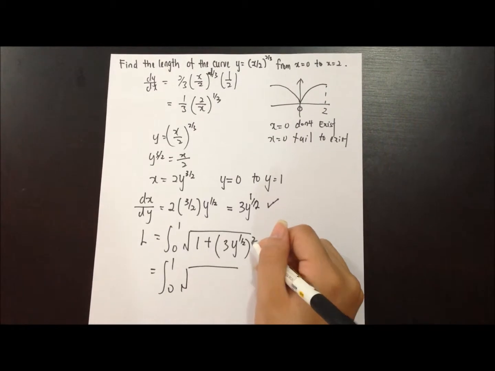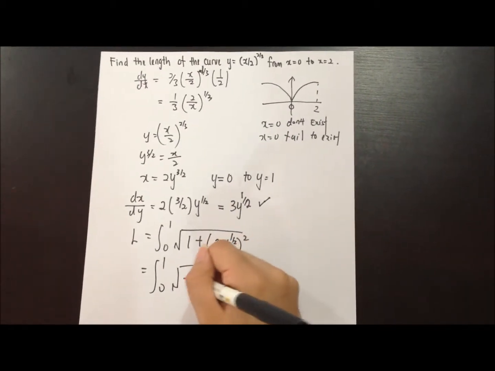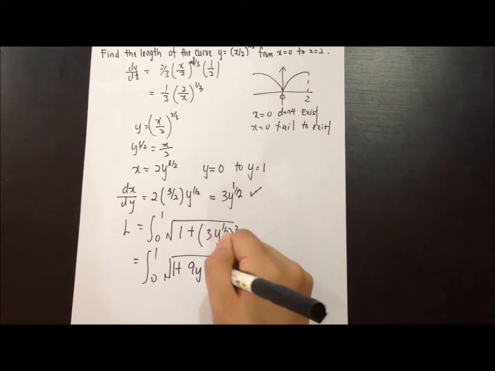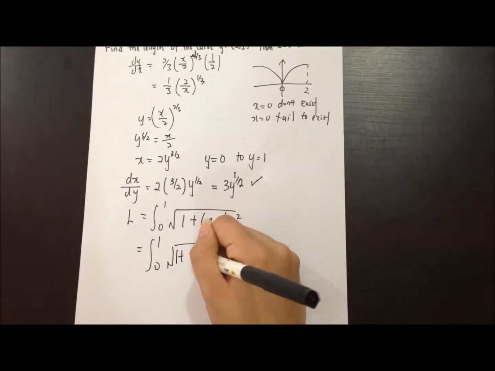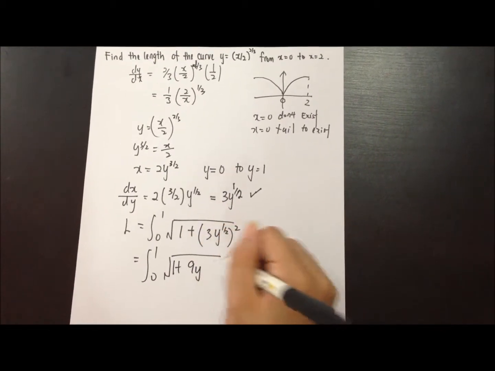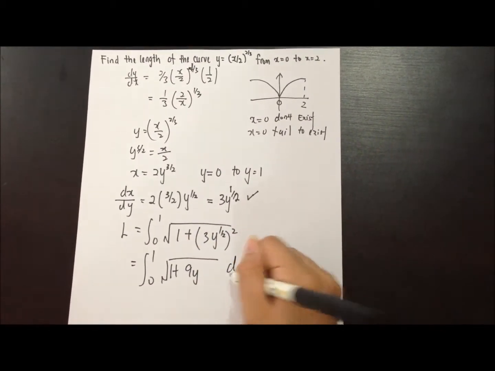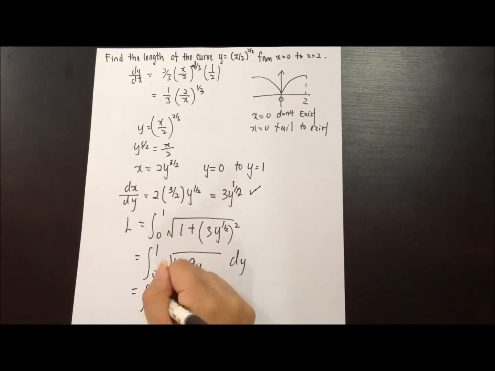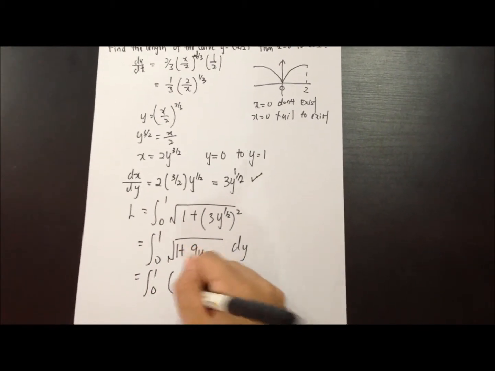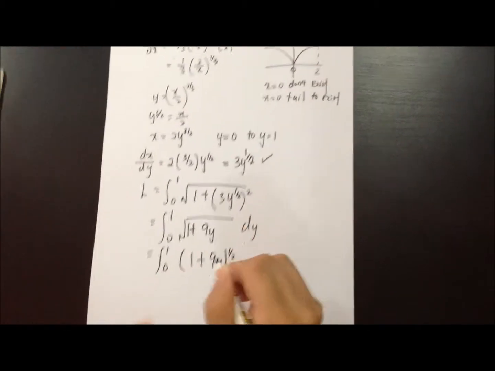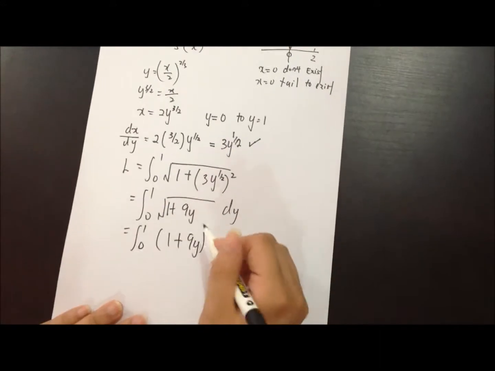After we take out the bracket, the answer will become the square root of 1 plus 9y, dy. So we want to integrate it. To make it simple, we will put it in brackets again, because 1 to the power of anything